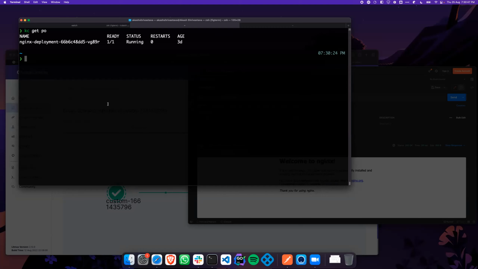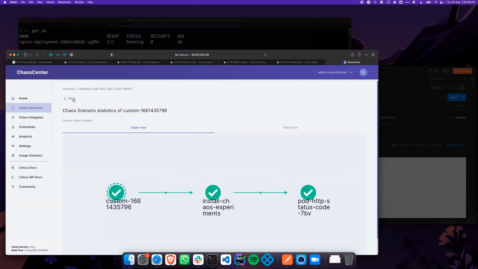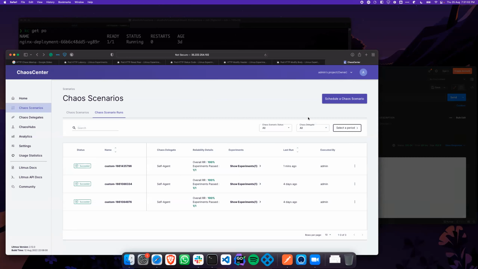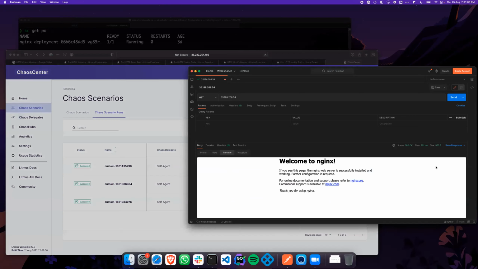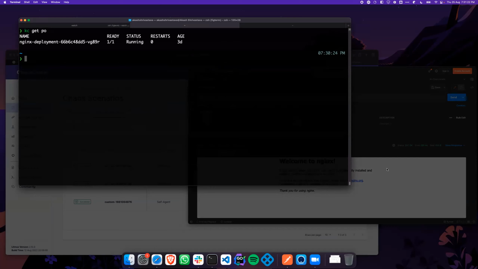The Nginx pod is supposed to give us 200, and after the injection it will give 400 or some other response. Now we can check if our system is responding to it and throwing us an alert. My Nginx pod is already up and running, it should be 200, but it is giving 400.